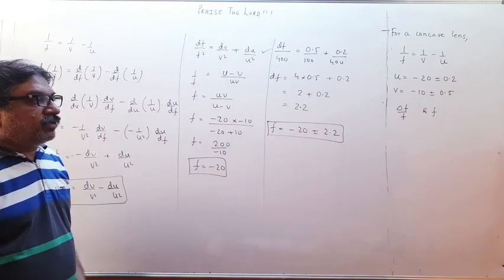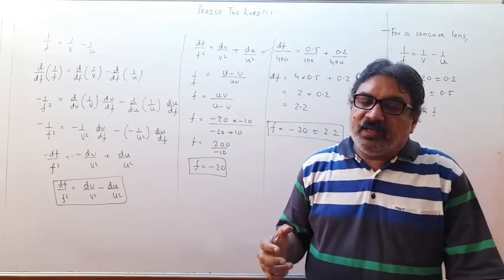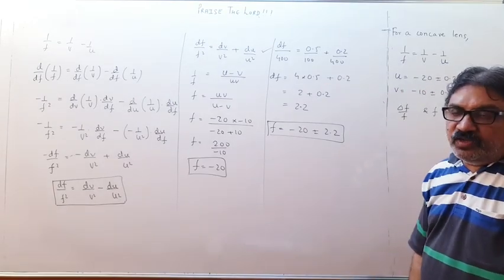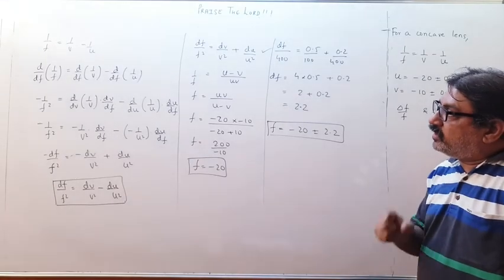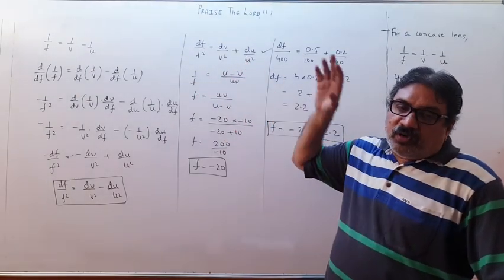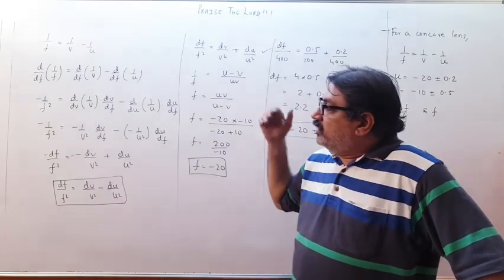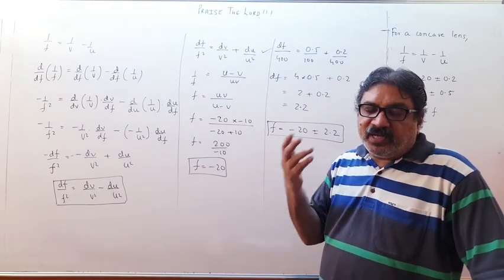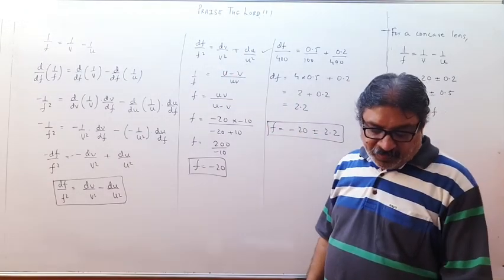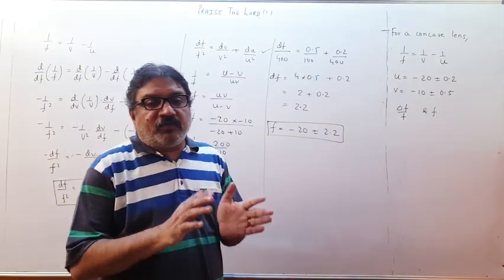So I showed you by both the methods what is to be done. Okay children, one by the method of derivatives and one by the approximate formula that we have derived in the textbook. So whenever there are reciprocal type of sums, children, you have to do like this. And I told you one important point in this: even if by taking derivatives there is a minus sign coming, you have to take plus because we want maximum error. So we cannot keep minus sign even though mathematically it is coming, but from the physics point of view we want maximum error. From practical point of view, because we want maximum error, we have to convert to plus and then do the calculations.